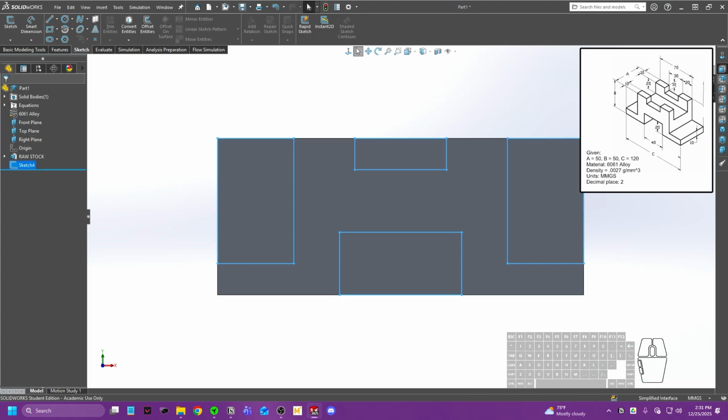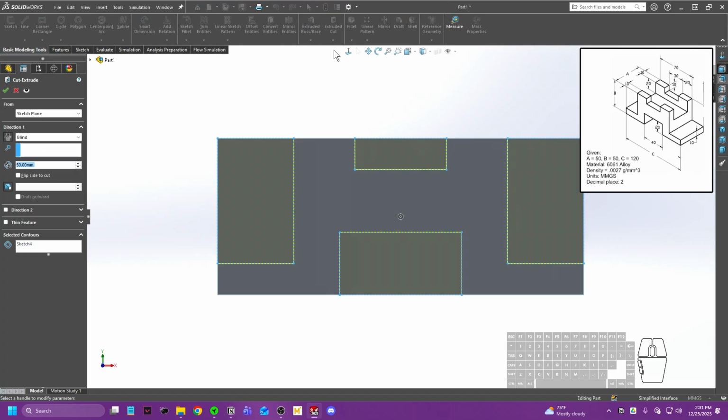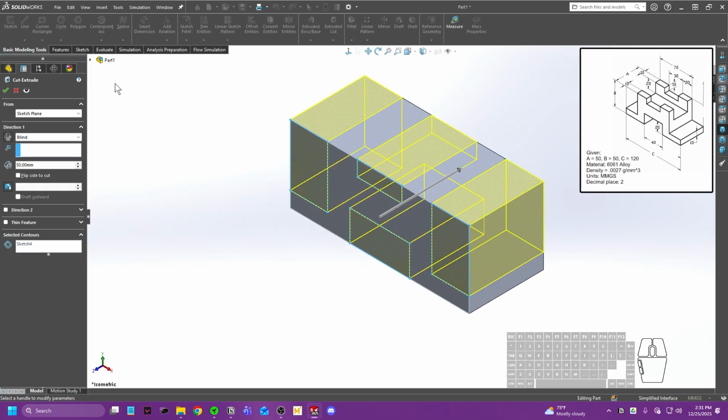With the sketch still highlighted, we're going to be going into the basic modeling tools and selecting extrude cut. As we can see, the default input for the length of our extrude feature is going to be the same as the previous value inputted for the previous feature. Going into the isometric view, we can see that establishing a 50mm blind cut from the front face will yield